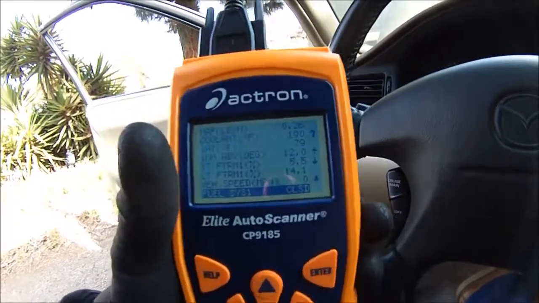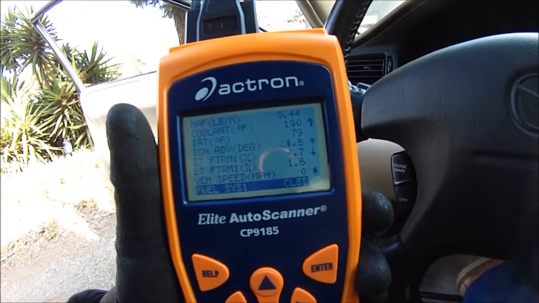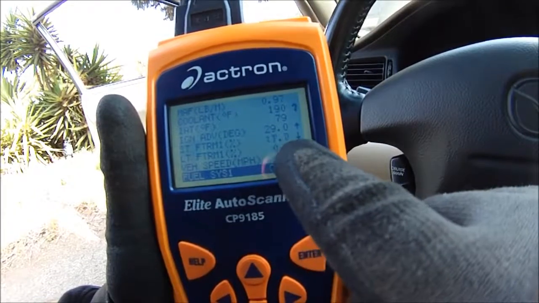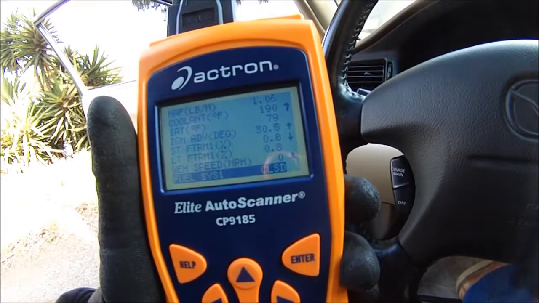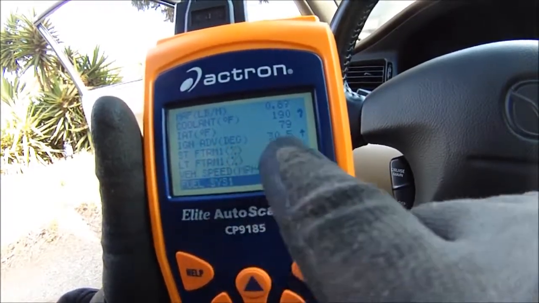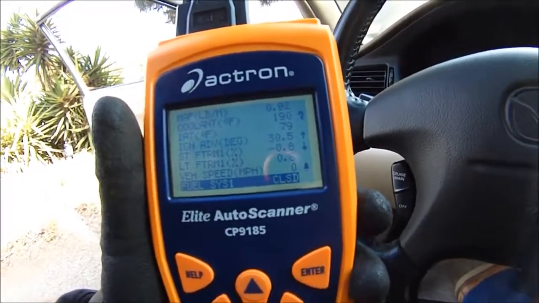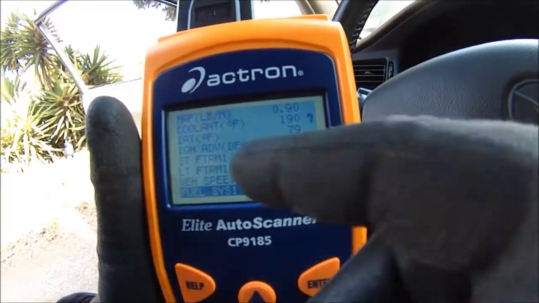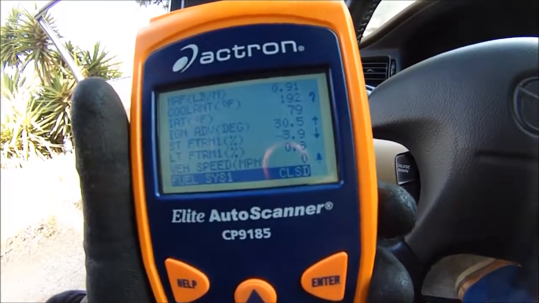Okay, now let's hit the accelerator right now. If this gets better, which it is, look at that, long-term fuel trim, now it's at 1.6%. Let's hold it steady right there. Everything improves. What you want to see is these numbers go down to 0, and that's what they're doing. So we have a vacuum leak in this car. So now what I got to do is a smoke test. So let's go out there, do a smoke test, and see what the dealie is.